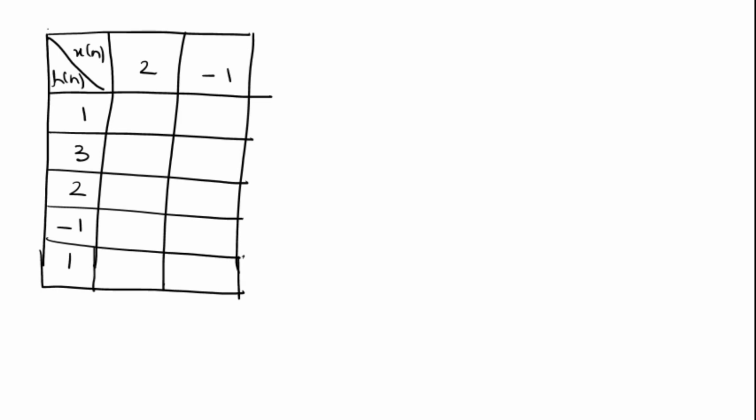And this is the 0 position for h of n and this is the 0 position for x of n. Then we have to multiply each signal and we have to write 1 into 2 it is 2, 1 into -1 -1, 3 into 2 6, 3 into -1 -3, it is 4 and -2 and 1, 2 and -1. Then diagonally we have to add the signals and we have to write